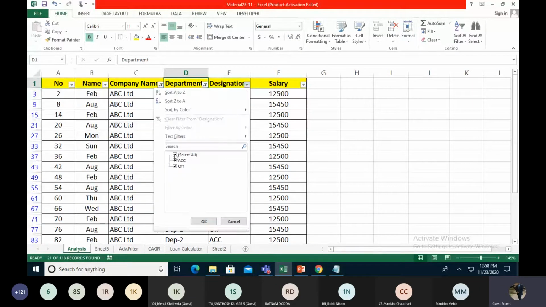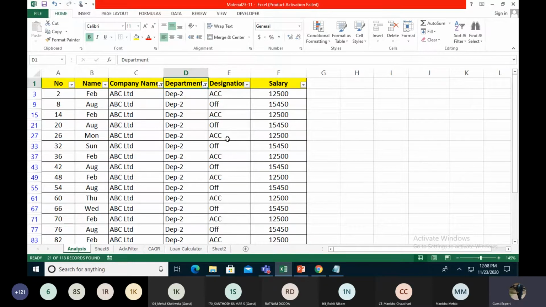So right now there are two designations, accountant and officers. We change some officers to sales. Right now I'm changing this officer to sales, and this one to manager. That's also a manager.